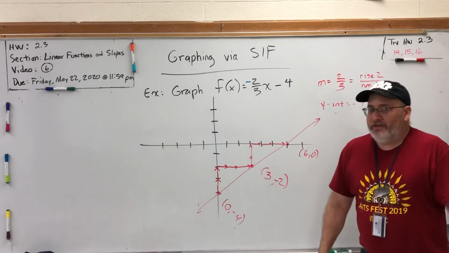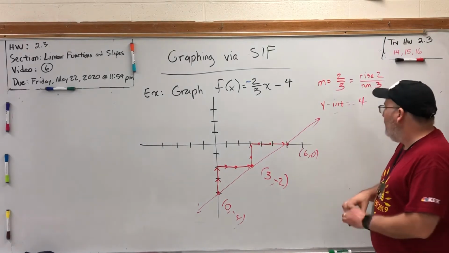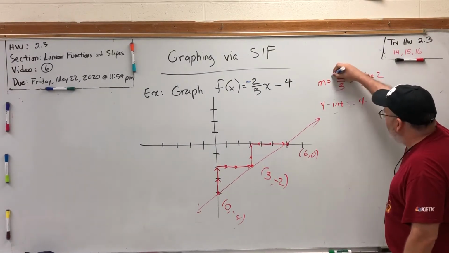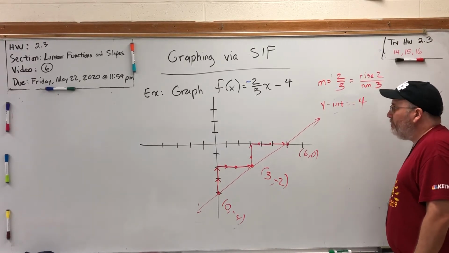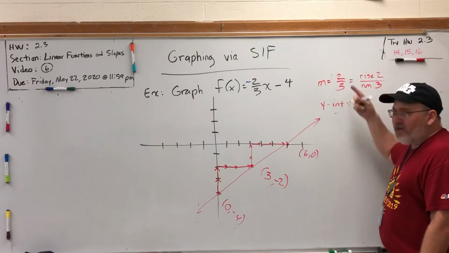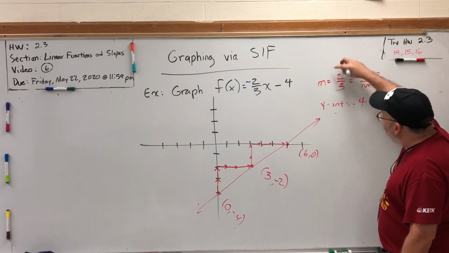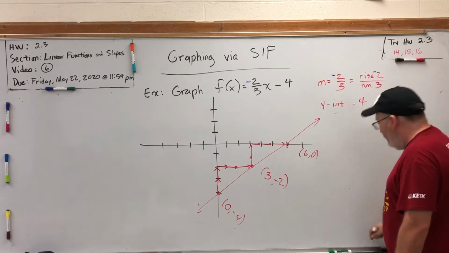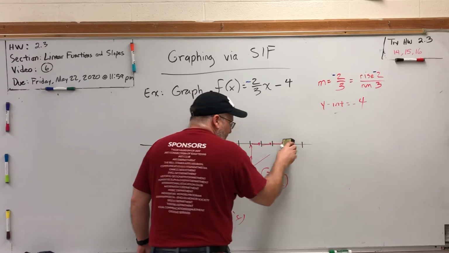Now, what do we know about lines with negative slopes? Positive slope lines are increasing, but negative slope lines are decreasing. Well, what would that change over here? Well, when you have a negative on a fraction, you either put it in front, on the top, or on the bottom. And since I'm thinking of this fraction as two separate numbers, I need to put it on the top or the bottom. I will almost always put my negative on the top when I have to make a choice. So now, if our function is f of x equals negative